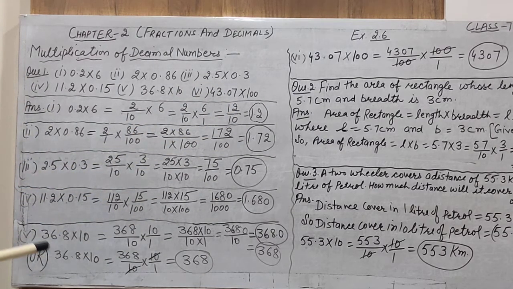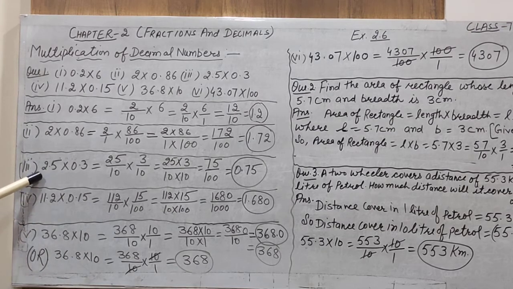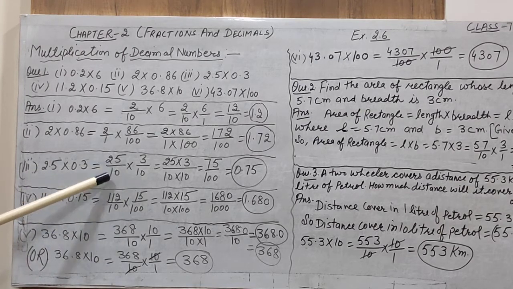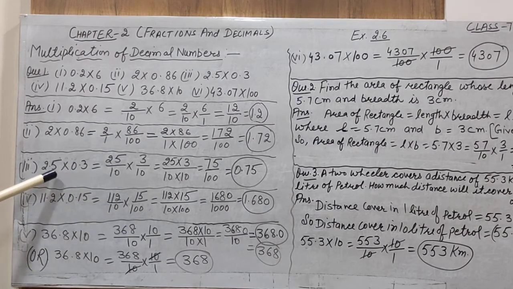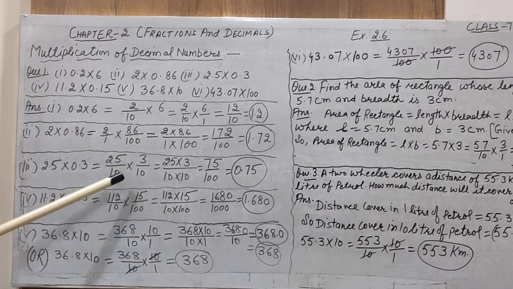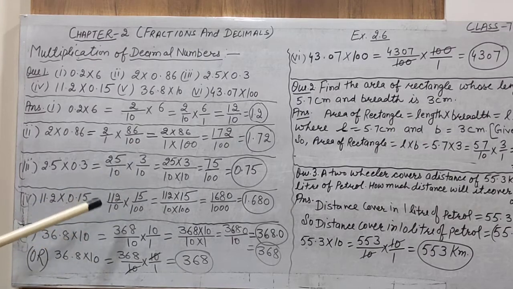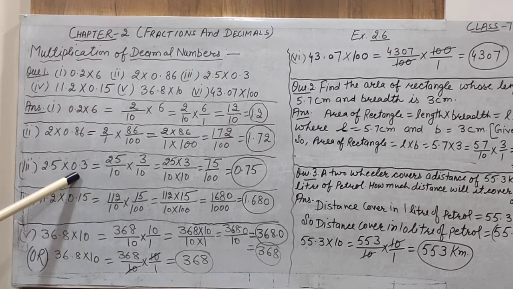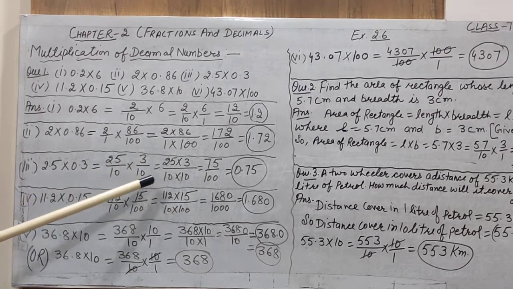Now the third question is, when we multiply two decimal numbers, how can we multiply? Actually the process is similar for all the questions, but you have to understand how the two decimal numbers are multiplied. Now the first decimal number is 2.5. Change this decimal number into fractional form, and its fractional form is 25 divided by 10. Because after the decimal there is only one digit, that's why it is divided by 10. You have to remove the decimal and then write the denominator in the form of 10 or 100 and so on.